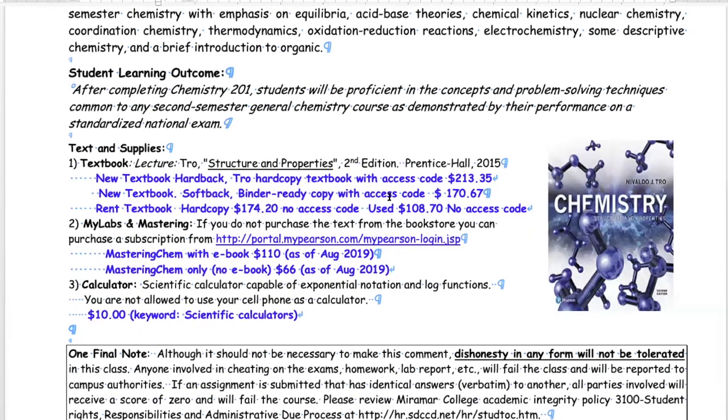Now, what you will need is this text right here. You see the icon of the book. If you don't have that book, then you should go to MyLab and Mastering. There's a link on the left of Canvas. Click on that and just follow the trail. There's also a video on how to register, but you can sign up for a 14-day trial. At the end of 14 days, if you don't pay the publisher, they will lock you out.